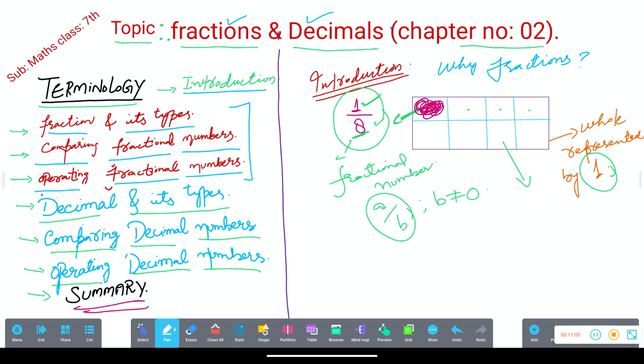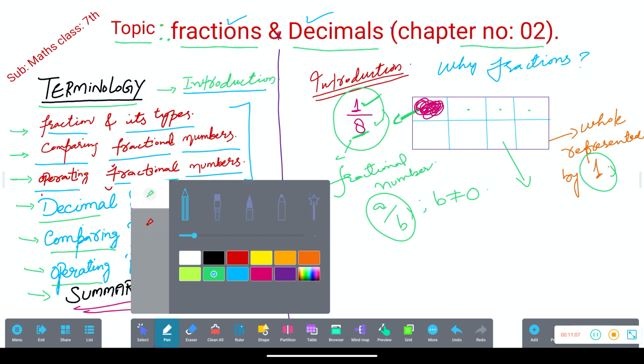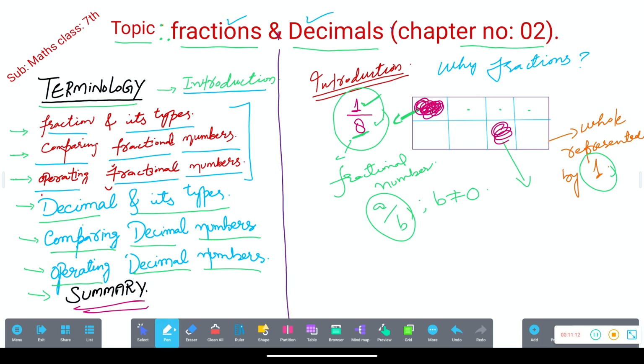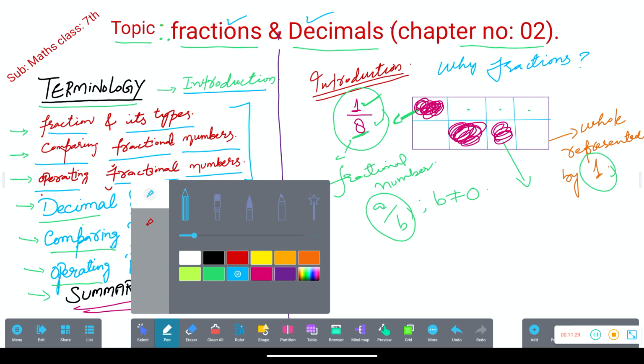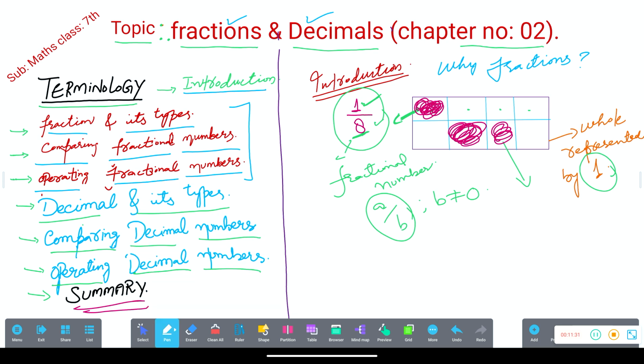So this is the concept. Why do we need fractions? Suppose I am now coloring, out of 8 parts, 2 more parts. Now, how many parts in total have been colored? So out of 8 parts, 3 parts have been colored. Now, how will you represent it? You will represent it the way you represented the bulb out of 4. So, 3 parts